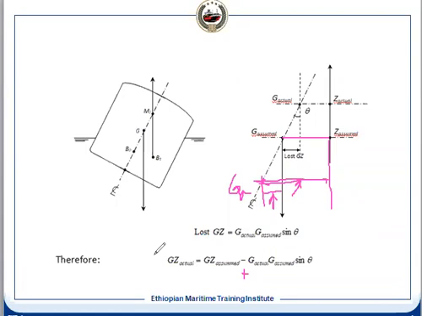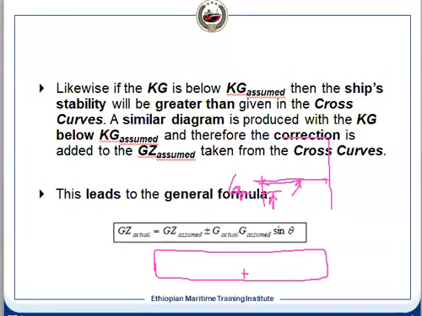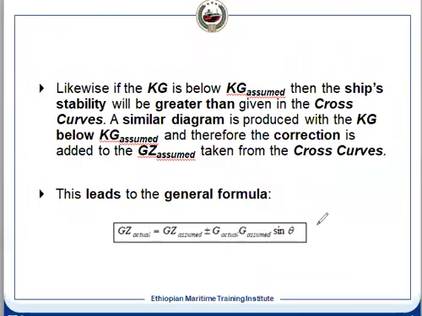So we can calculate both ways, and we use this formula for the correction, depending on the situation where G actually is. Is it above the assumed, or below the assumed? If it is below, it will be plus. If above, it will be minus. So that is the reason, as I told you, that we write this plus-minus in the formula.